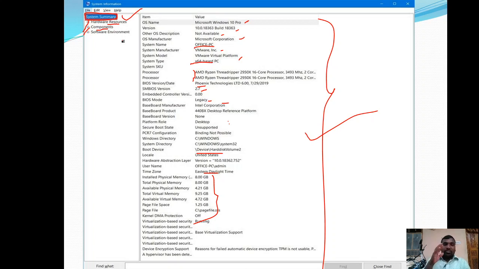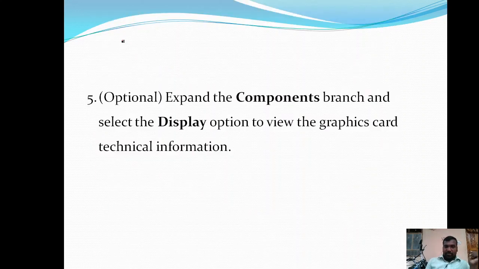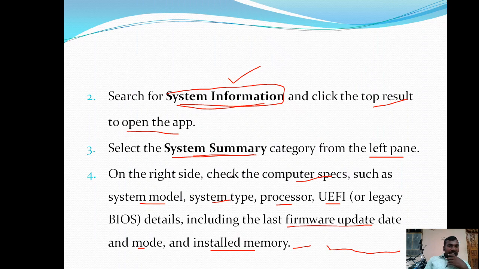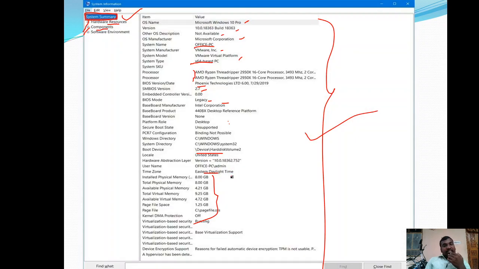So for example, to view the graphic card technical information, that can be available here. Under the Components tab, go to Display, then it is going to give the details about the display, what the graphic card is, etc. Graphic card details are available here. Okay, so in this way you can get the entire information with the help of this System Information.